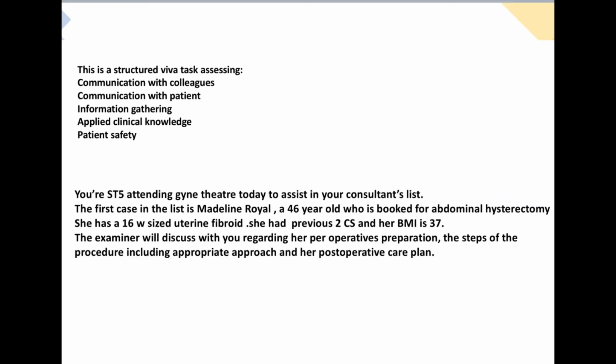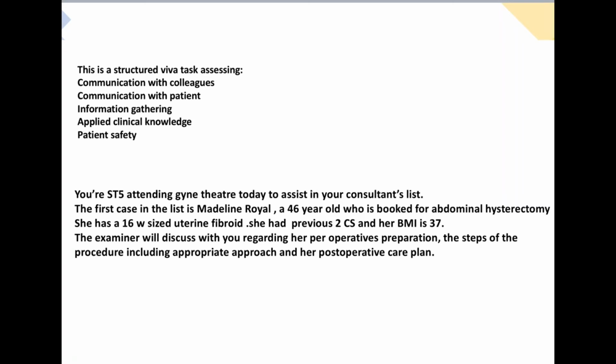We need to tell her that we are going to take care of her pain. However, we need to avoid too much opioid sedation because that will prolong her recovery time. All these items will be included in what we call the enhanced recovery program, and the aim of that is to ensure early recovery and avoid post-operative complications. Okay,